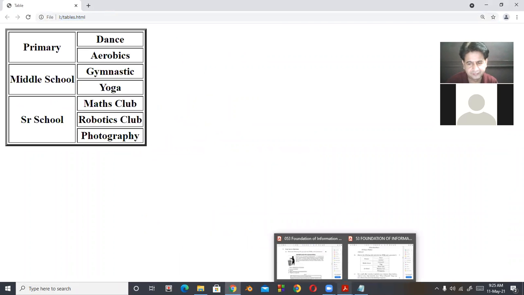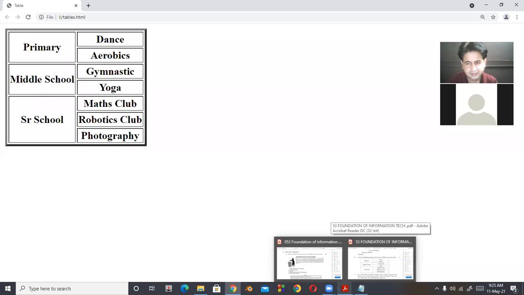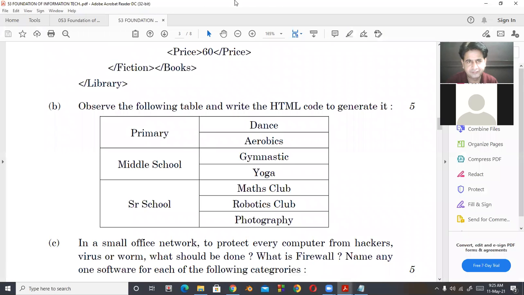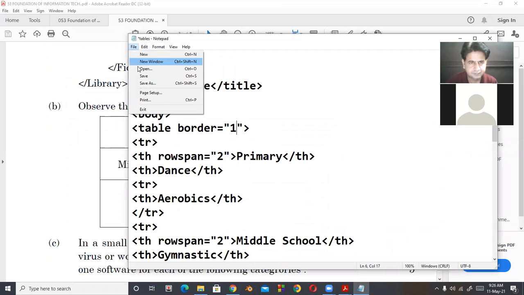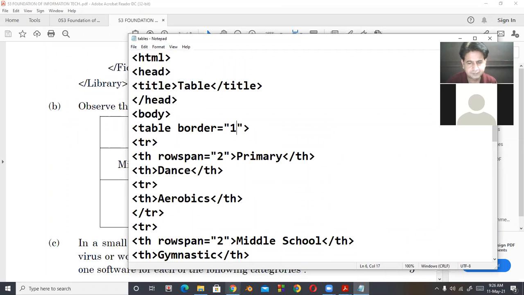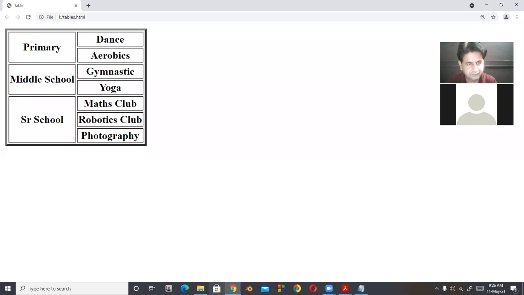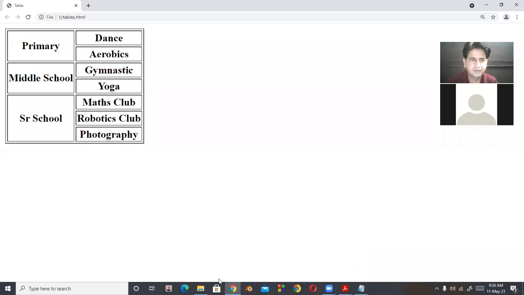So look at here. So this is the table. If you have any doubt, raise your hands.